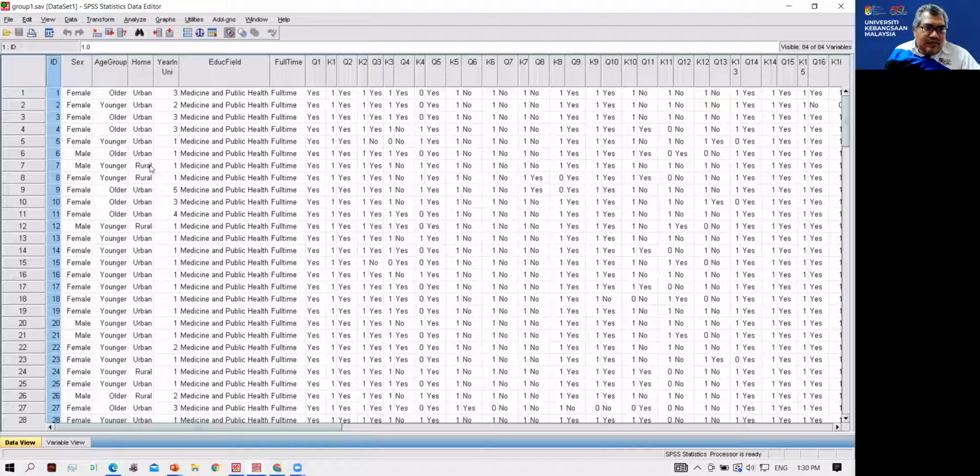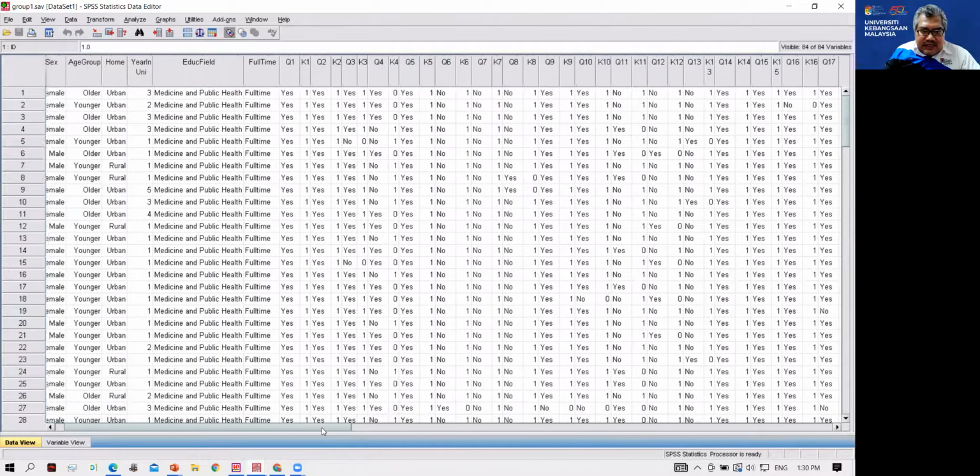Whether they are rural or urban, years in university, whether they are full-time or part-time. In this case, maybe they can use only gender and urban-rural. For the education field, everyone was from the medical field. And for full-time, there are only 2 students who are doing part-time. So you cannot use those for this data set.